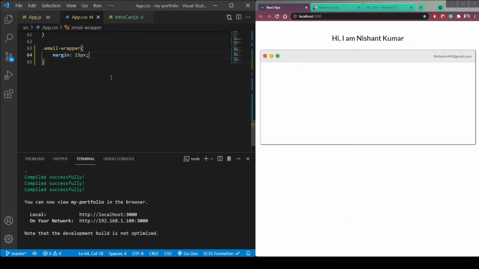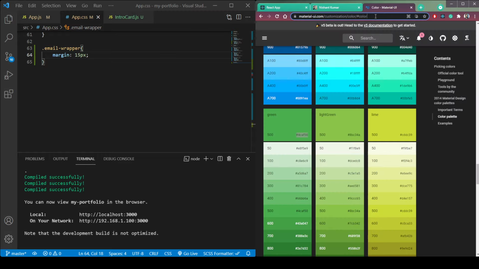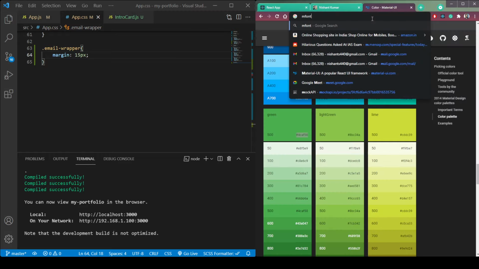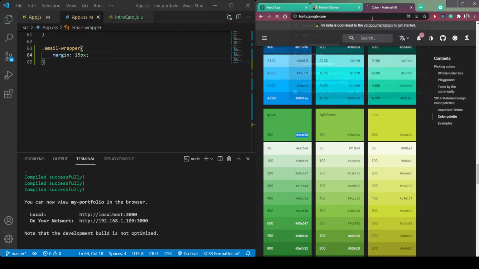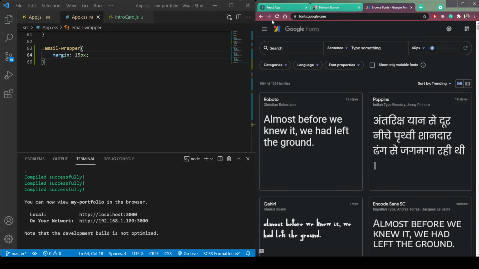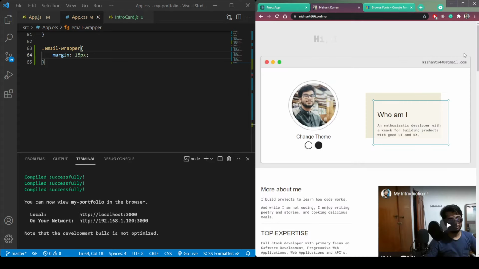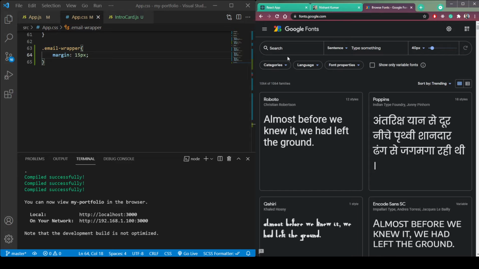Now we need to get a font family, font. So head to fonts.google.com and let's find which font is this. So I'm using a plugin called Fat Font. So enable it, and then if you hover it, it will show us the font. Now exit it and search here Roboto Mono.